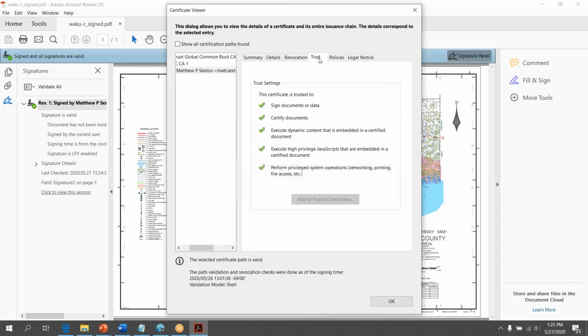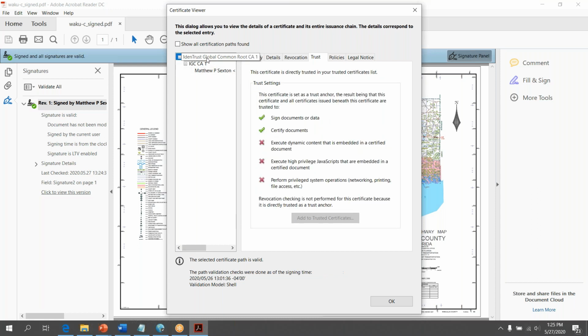And then you simply go to the Trust tab. Now you see that my signature itself is trusted. And then you can go up to the root, and you see the root is trusted to sign documents or data and certify documents. This is grayed out because I believe it is set on a policy-wide level at DOT, because I believe they already set the trust for our certificates. But your system, your site, your firm might have different settings for your machines, so you can go ahead and